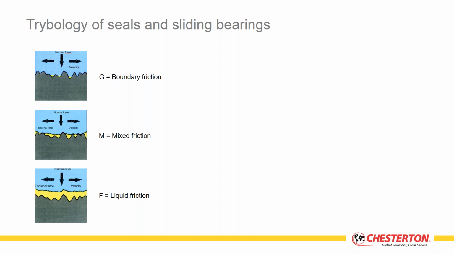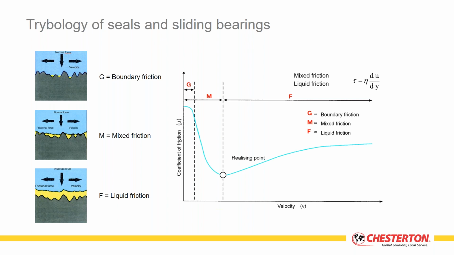And the last one is liquid friction, where we need a certain relative speed between the counterface and the seal in order to create a full liquid or oil film between the surfaces. So the runner blade seals are operating in the boundary friction or just in the mixed friction area, but they are never fully